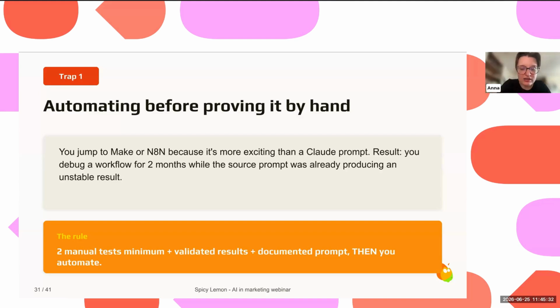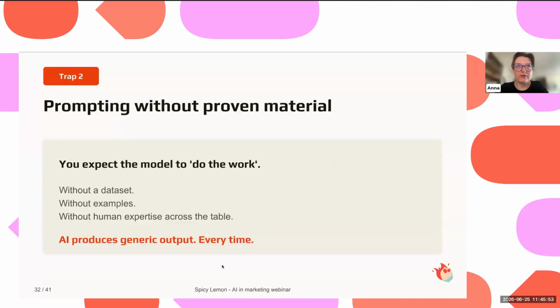That's why I always start in an environment where you can test, where you can give feedback, where you can see what is actually going wrong. And then once you see that every single agent is working well, this is where you can move into Claude Code. Always do manual tests, always validate your results, always do automation based on things you have already created before, and then automate once everything works.